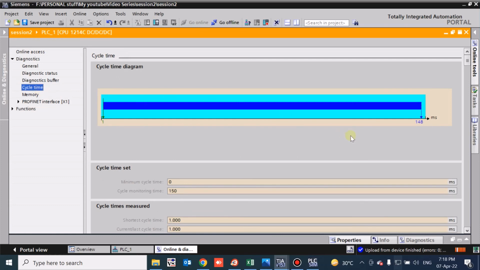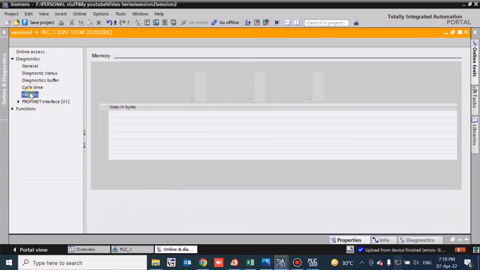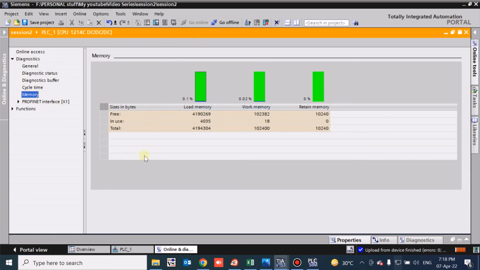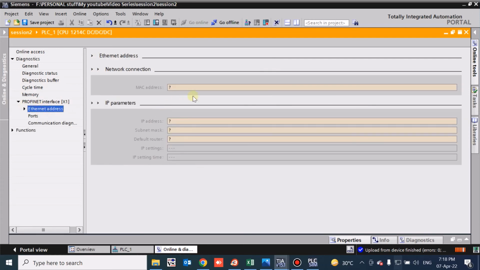This is the cycle time we've already seen in the task window. This is the maximum and current cycle time of your CPU. Memory: you can get memory from the task window also and from the diagnostics here, showing in-use memory, all in byte format. Okay, and there is a Profinet option, Ethernet address, like which MAC address the PLC has,